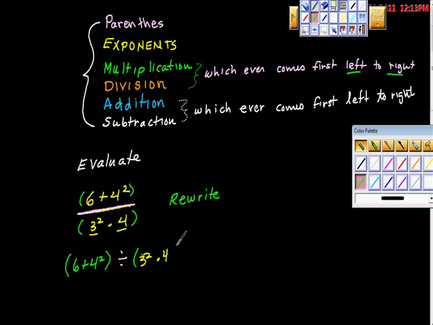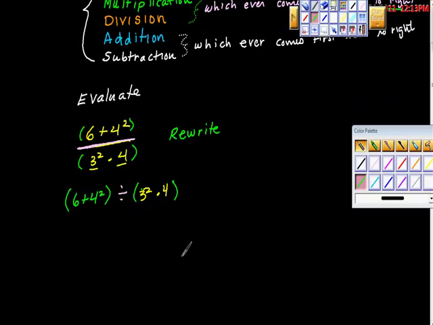And then from here, now I've finally gotten myself back to where I can do some of this work here. So it says up here the first thing we do is parentheses. So I'm going to look at these parentheses. But inside the parentheses, we have an exponent. So we have 6 plus 4 squared. Well, 4 squared is 16. So this 6 is this one, plus 16, that's my 4 squared, right? Divided by,